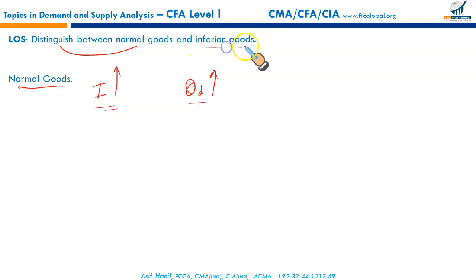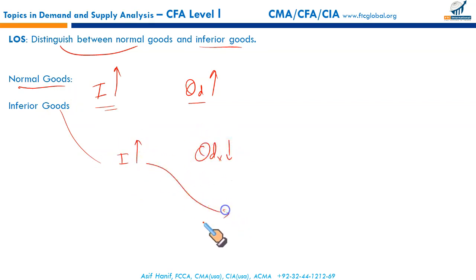But on the other hand, inferior goods, as the name suggests, when your income increases, you start buying less of such goods. Rather, you switch your expense somewhere else. So inferior goods are those for whom your quantity demanded will fall when your income increases. Because when you become richer, just like, I will take the example, when I start earning more, I will switch my spending from chicken to mutton. So I find chicken to be an inferior good. So that's the basic difference.